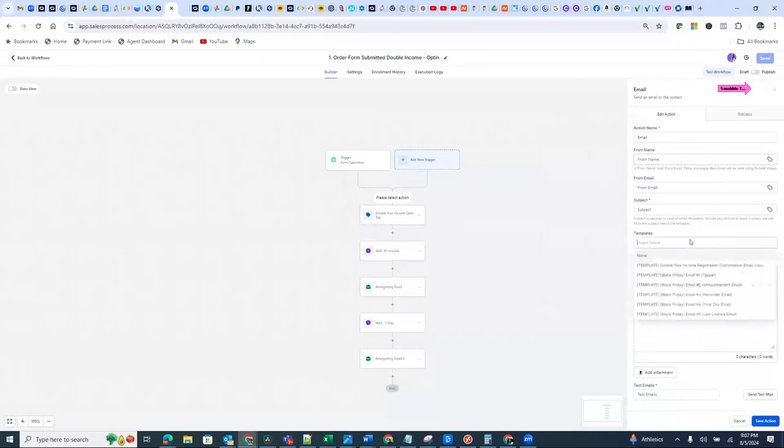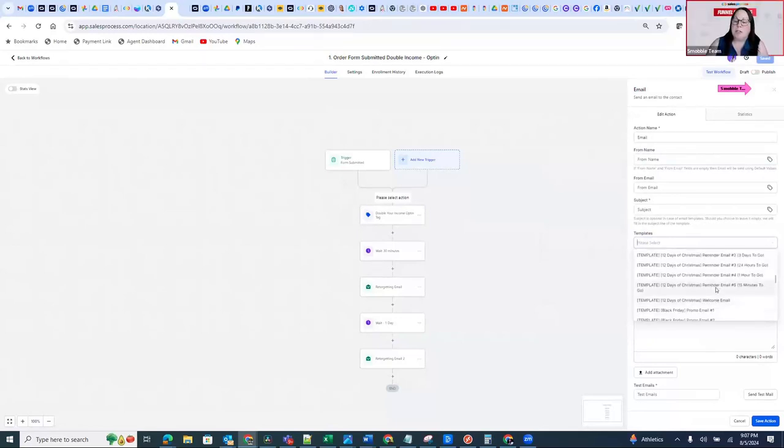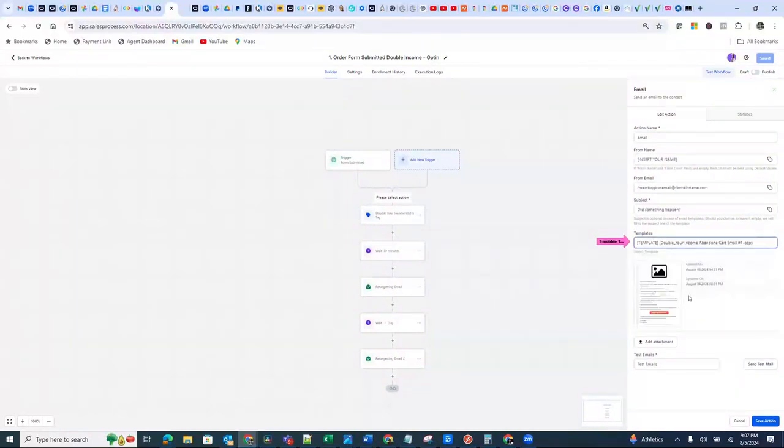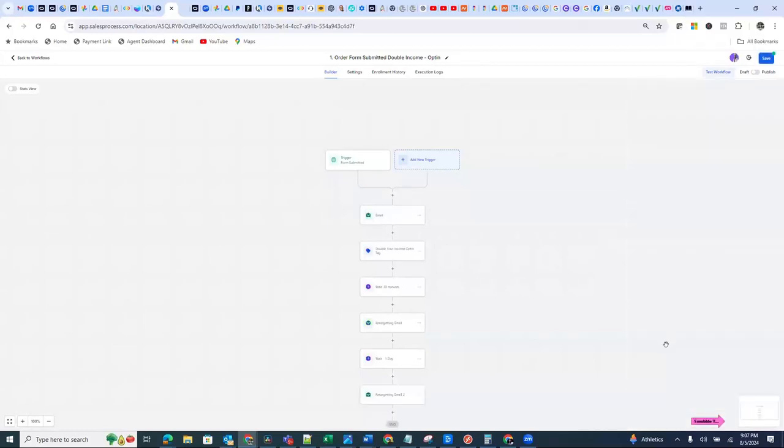W income. You can also type it into the search, and if you know what the name is, that might be faster than trying to scroll through all of them. Okay. I think I can do this one right here. Okay, and then you're going to save that. And then I can add an attachment, I guess, to that email.